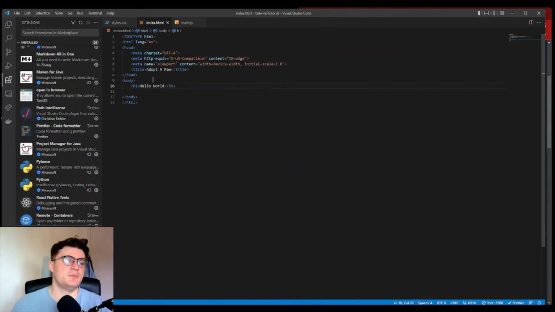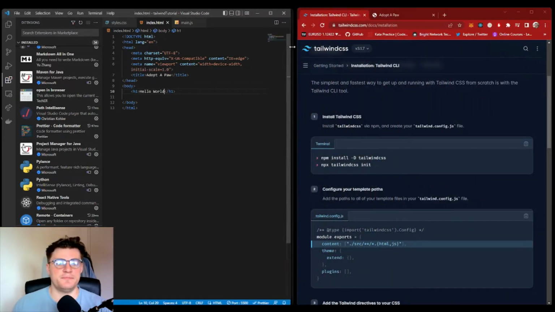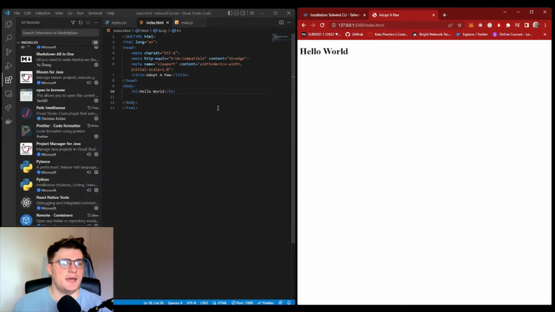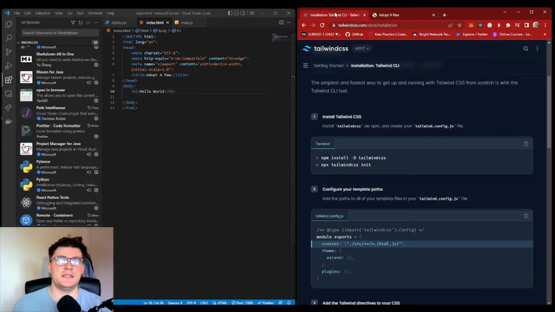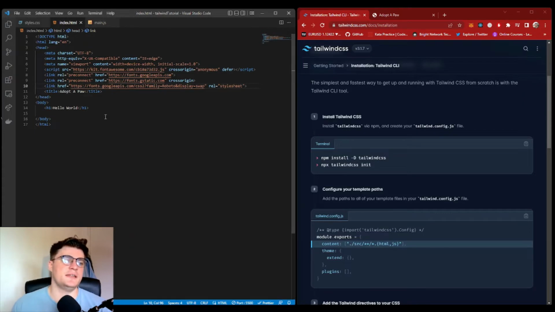That's the code. We've just got our little simple hello world there, just so we can show that on our live server here. And then we're going to start filling things out. So we're going to need some fonts. Here now you can see I've added the fonts in here. So we've got the Google API for Roboto and the relevant stuff you need to add in, and as well